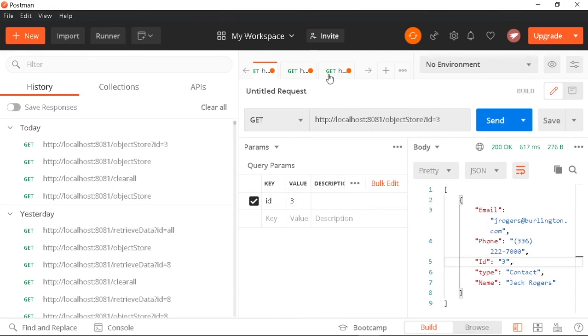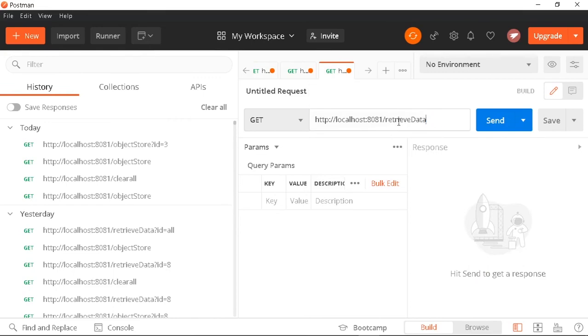Now I will directly call the second flow, because when we call the first flow, we have also used an HTTP request in the first flow. That's why it was calling both the first and second flow. But I also want to directly call the second flow. So I have given the same port number, but the path name is retrieve data, which is the path name of the second flow. And here I will send without any key or ID.